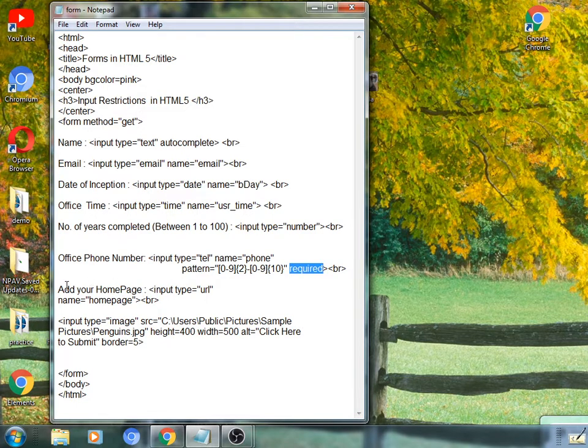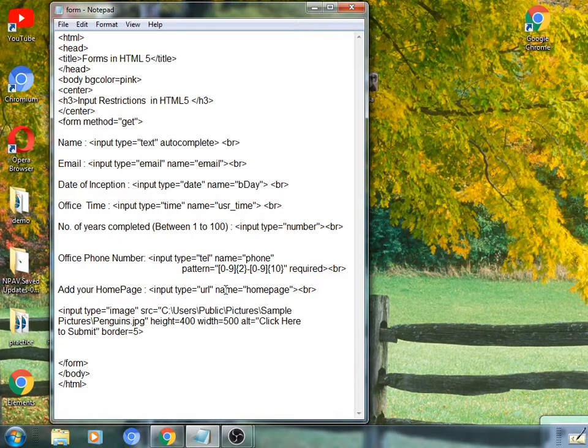Next field is URL. So, we have used here the field name as add your home page. Whenever you have an internet connection, a typical website address might be opened in this URL box, while the address must be a proper one. So, universally it should be provided as a location, as an address for that. URL stands for universal resource locator.